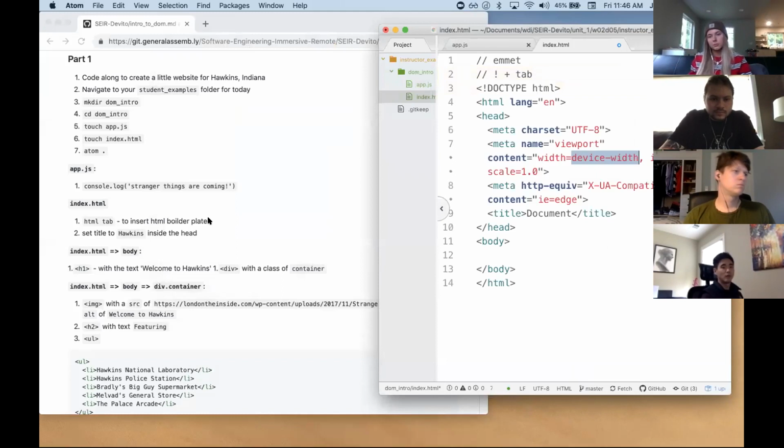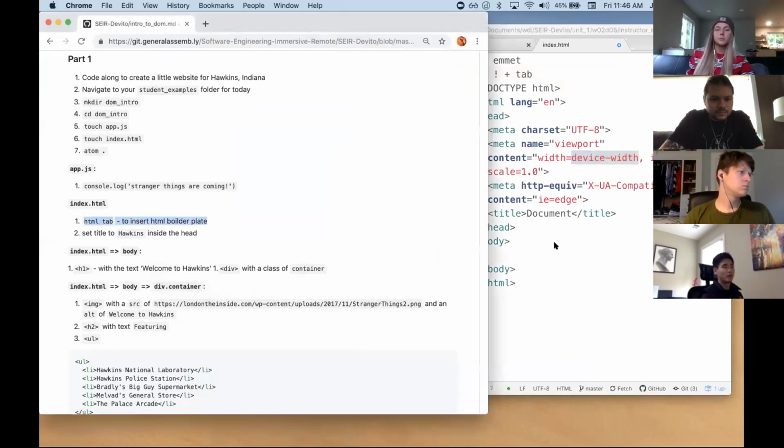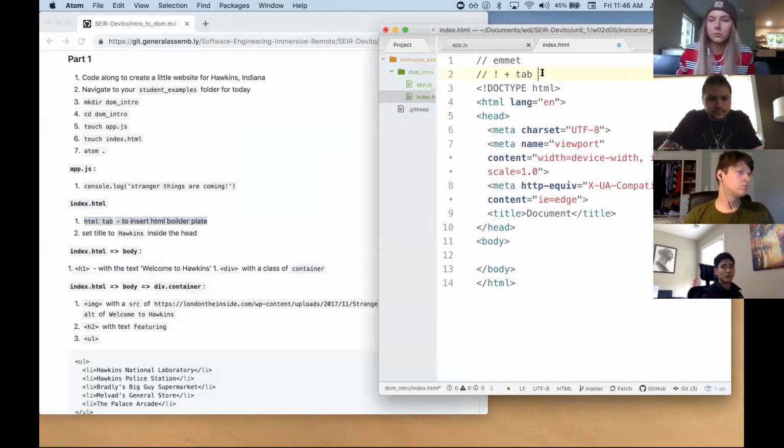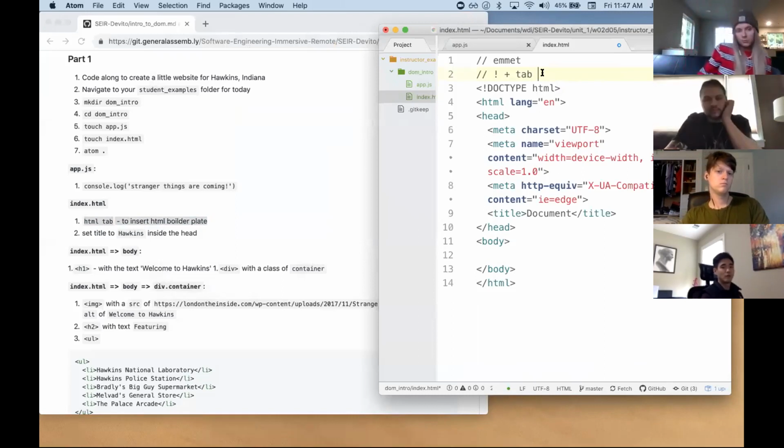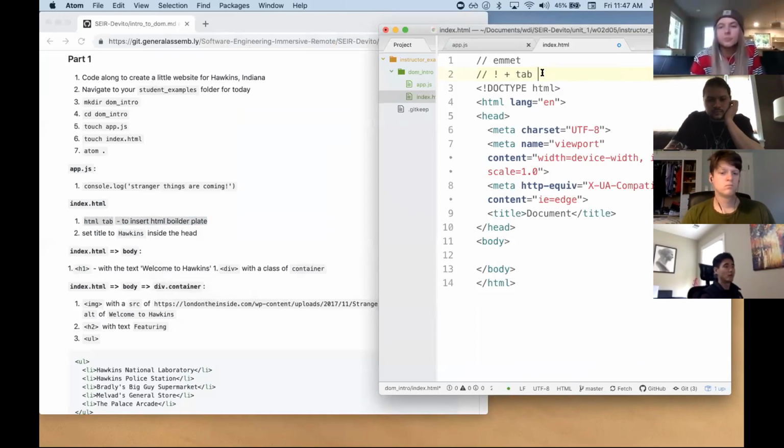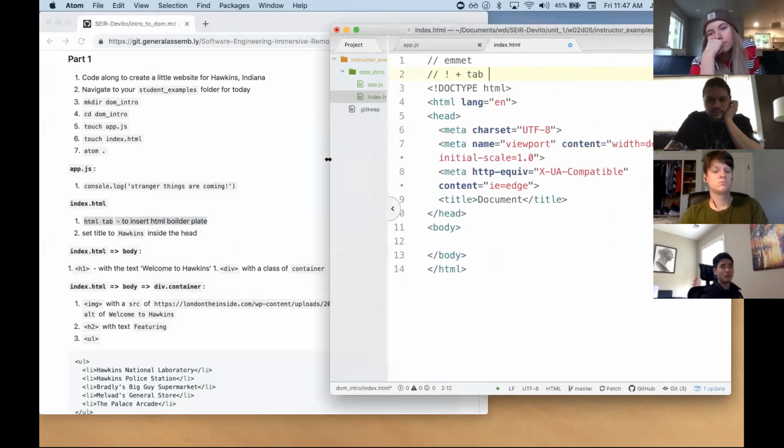That gives me the boilerplate here. So I type an exclamation, hit a tab, I get everything, which in the end is one key, right? One key and then I have to hit a tab. Before it was HTML tab, right? So I'm already gaining some sort of efficiencies here. So now that I have this, I have the title here, right? And in the title, I'm just going to say